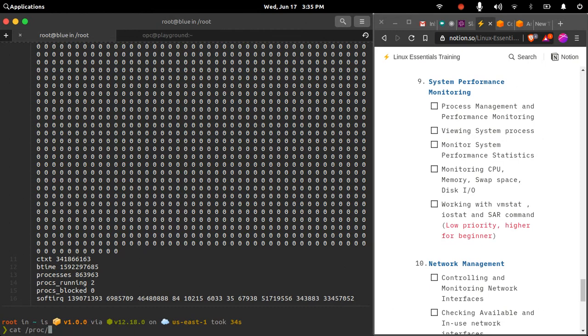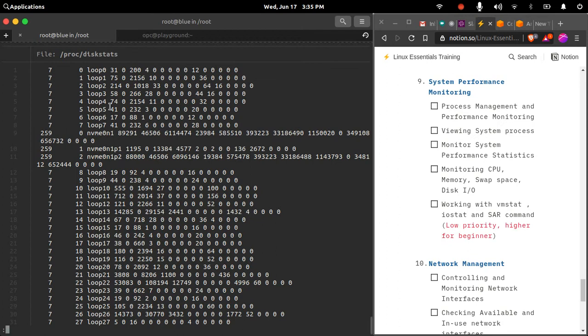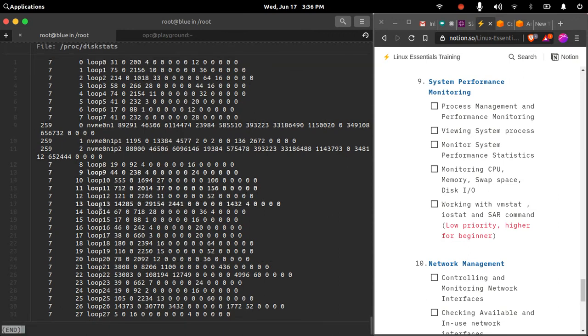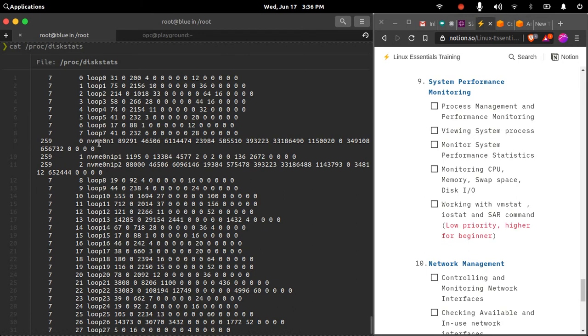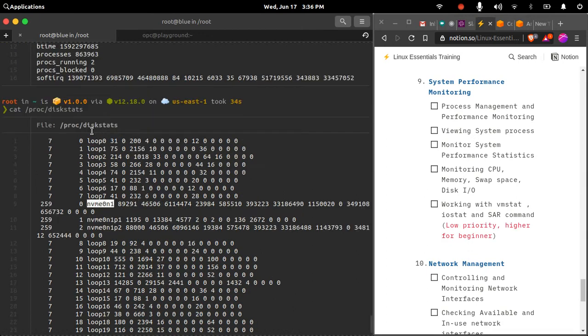Now if I want to check disk stats, then I can use cat /proc/diskstats. Here it is showing me the performance of all the connected disk devices, so what are the block devices on my system, including the temporary devices. The devices starting with loop are your temporary file system devices, and this NVMe one is my actual hard disk.